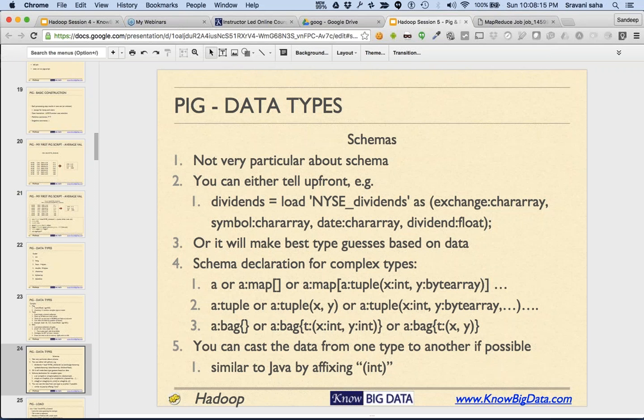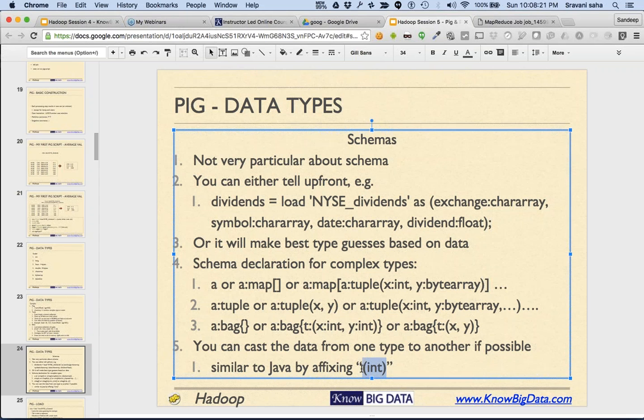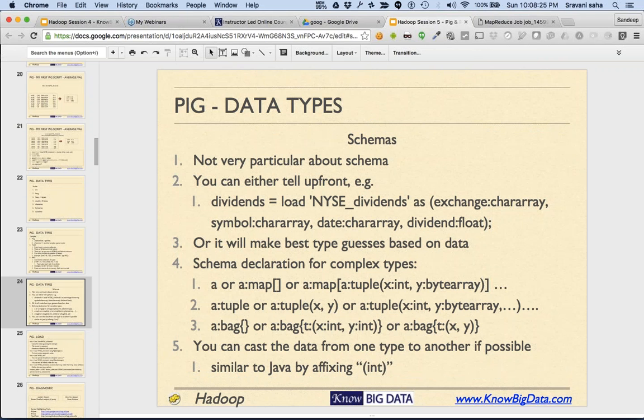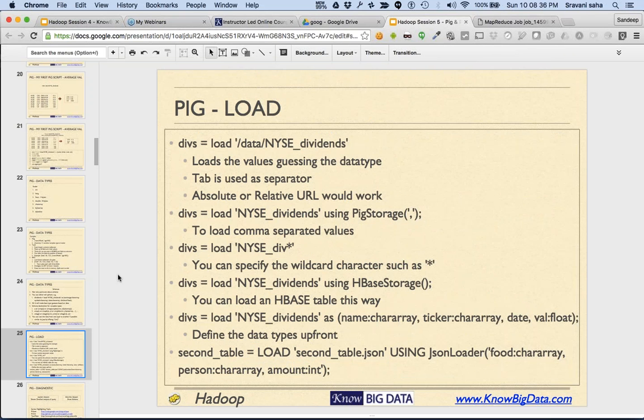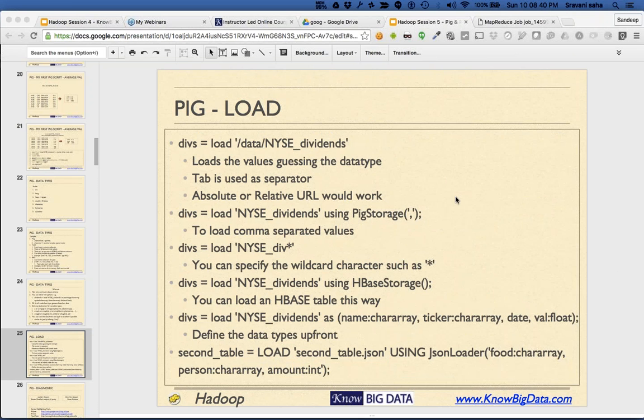And whenever you need to cast or convert the data type of one data into another, you can explicitly say that convert this float into integer. In most cases, Pig will try to convert by itself, but in certain cases, if you want to convert something explicitly, you can do that. All right. Now the first command,